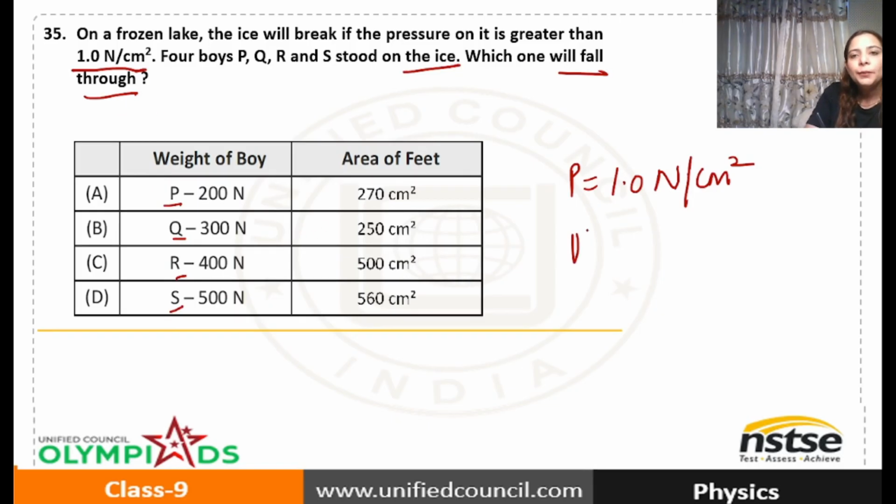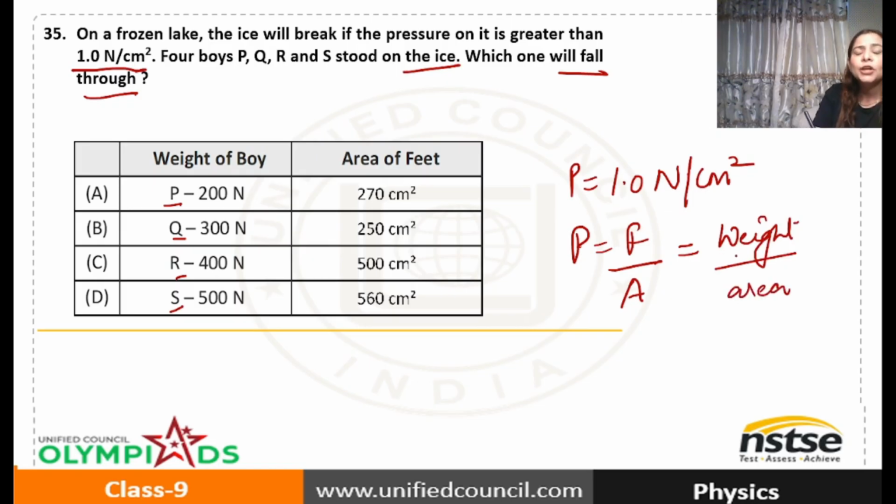So we know that pressure can be calculated by force per unit area. Pressure is basically force per unit area. So using this relation we can find it out, and force can be replaced by weight if weight is given, because weight is also a force with which the earth attracts objects. So both of them are related. So we can find the pressure for all the cases.